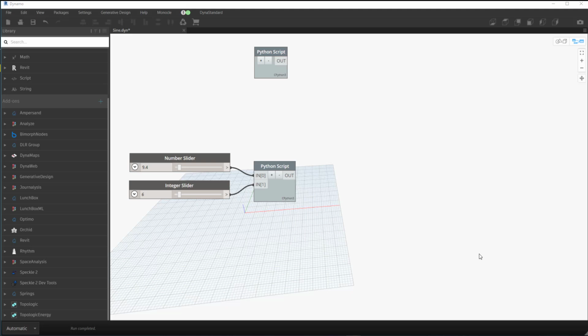Hey everybody. Today I want to show you guys how to visualize the sine equation. We'll visualize that by using the Python sine function from the math library, and this is to then lead into future videos about Python and working with different modules and bringing that stuff in and creating our own. So what we're going to do here is create a function called Dynamo Sine that we can call on,